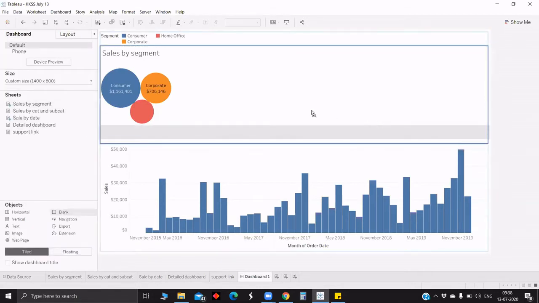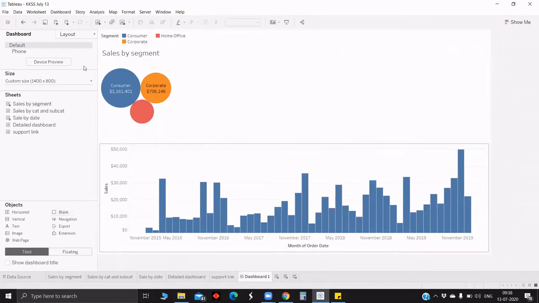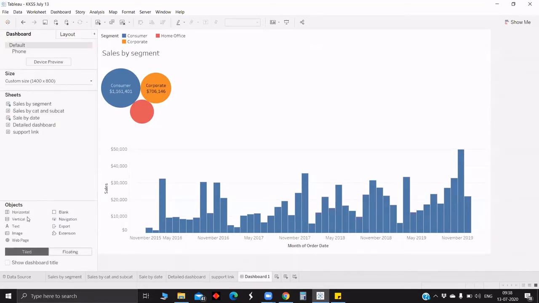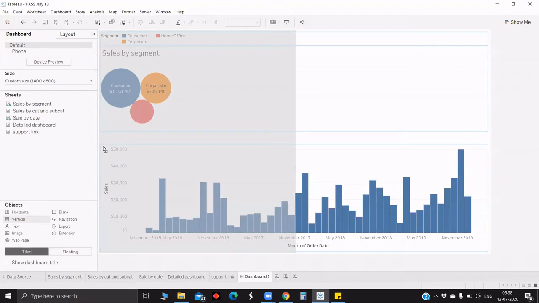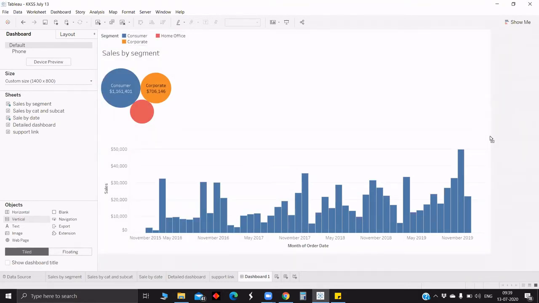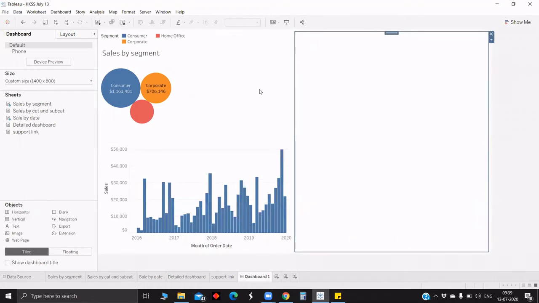Let's say, for example, you have one vertical, right? Are you in a position to add one more vertical, just beside the current vertical? So there are two verticals. Yeah, we can do that. Just take the vertical and make sure that it's outside the entire thing. So you have to point to the leftmost or the rightmost, since you want side by side. In that case, if you pull, you can see one more vertical. It's about the position where you are trying to put that container.